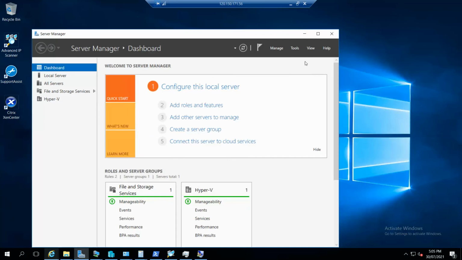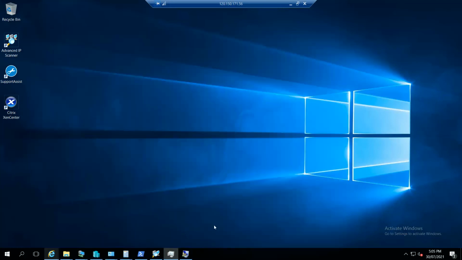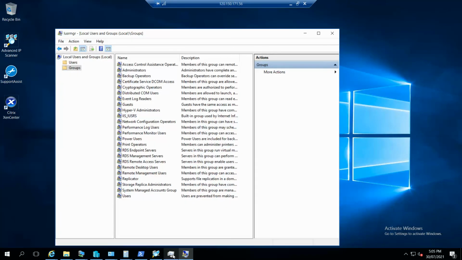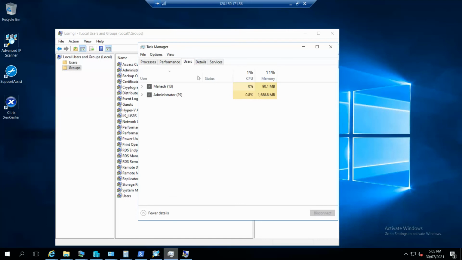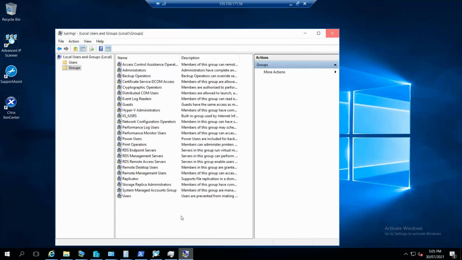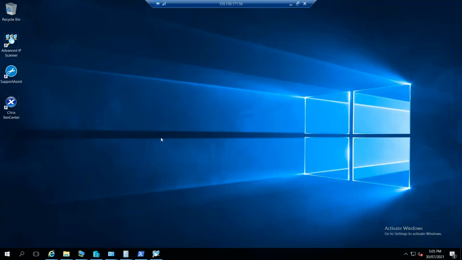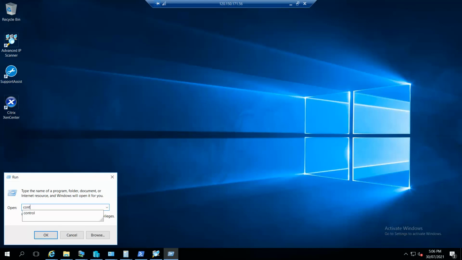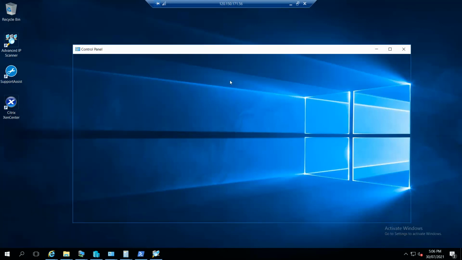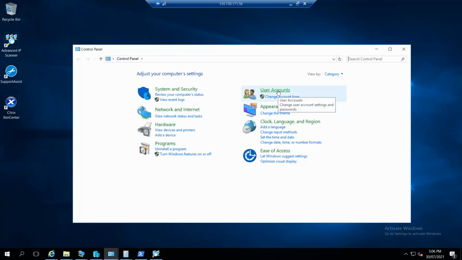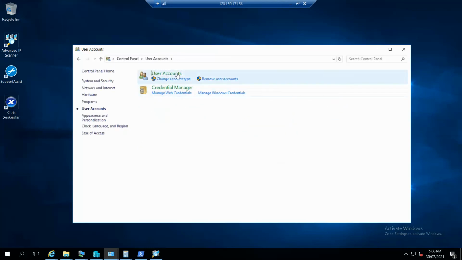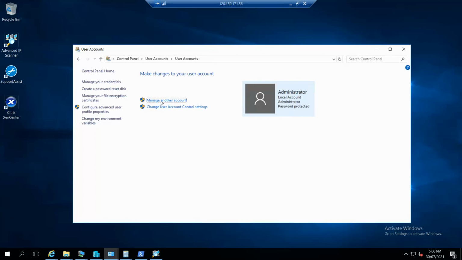Now I'm going to delete these users due to security reasons. Go to Run, control, user accounts, and manage another account.